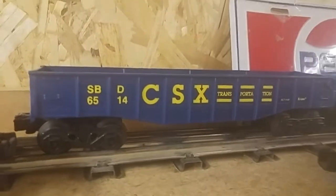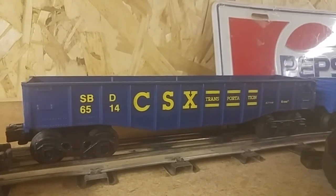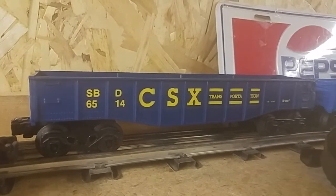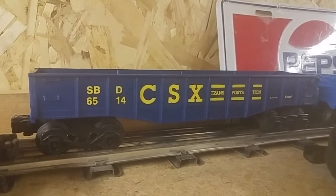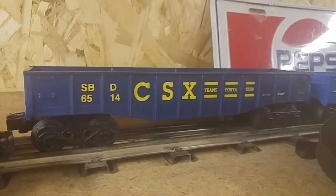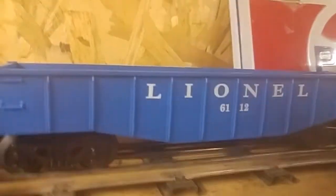Here's another car that I was basically after. This is a K-line car, but it's a gondola. And we don't have no gondolas really on this layout at all. And I wanted something to pile junk or metal or something in, just to have something different on some of the trains. So I got a CSX Transportation. That's a K-line. Here's an old Lionel